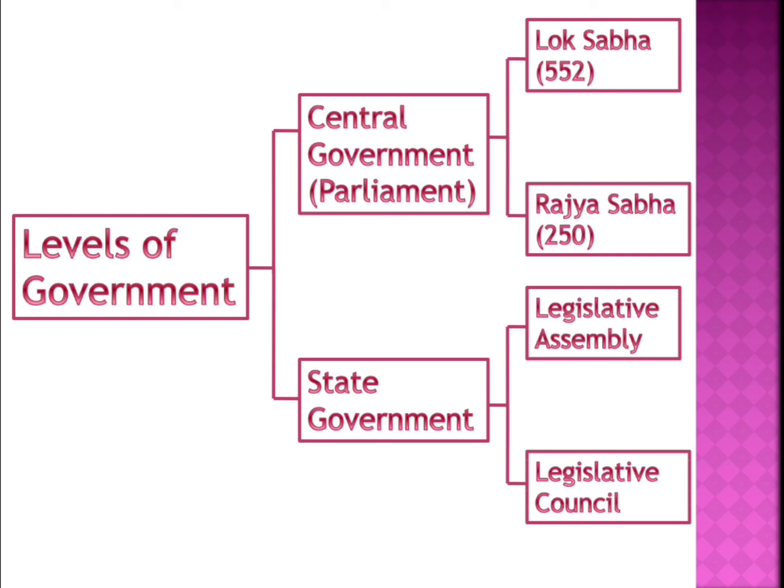Most of the states have only one house, only one legislative assembly. In 6 states there are two houses. Okay, children? So here you can understand the governor, the chief minister, and the council of ministers will be forming the executive, and the legislative assembly will be the legislature. Okay, executive. And what is the judicial organ of the state? It is the high court, children. High court is the judicial organ of the state.